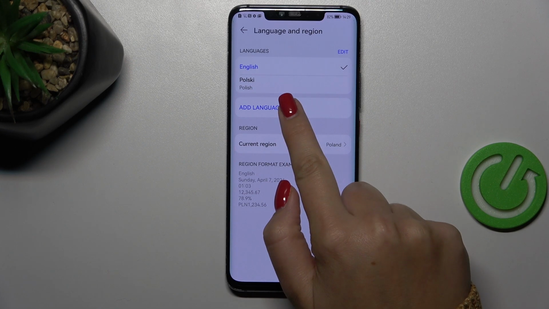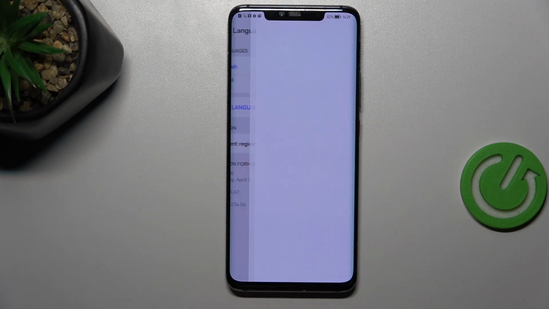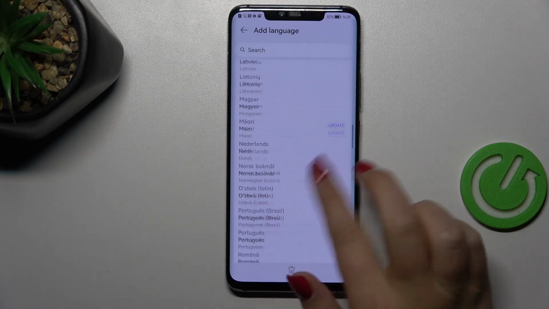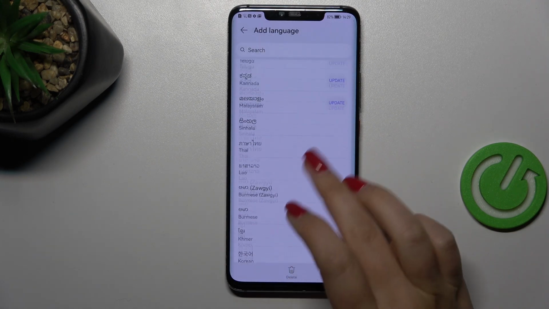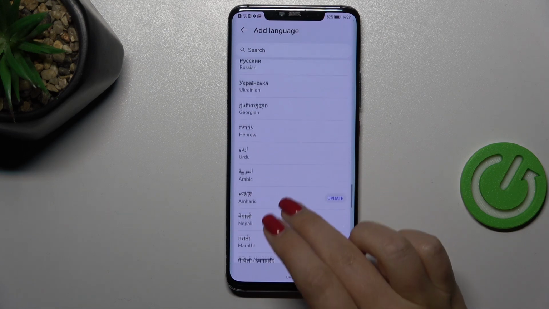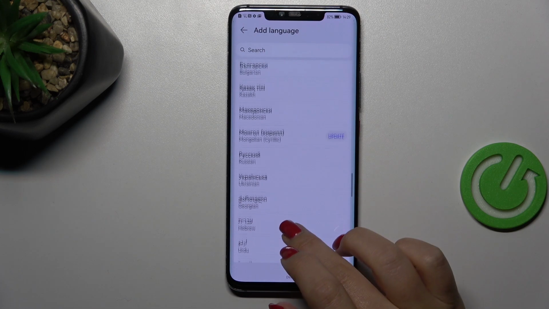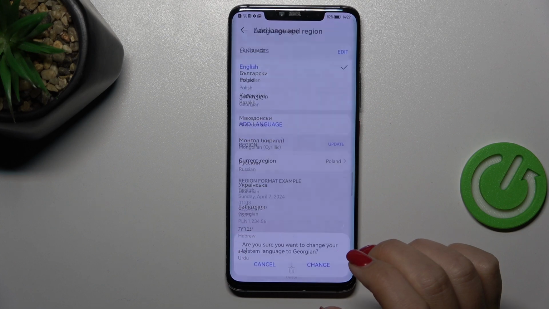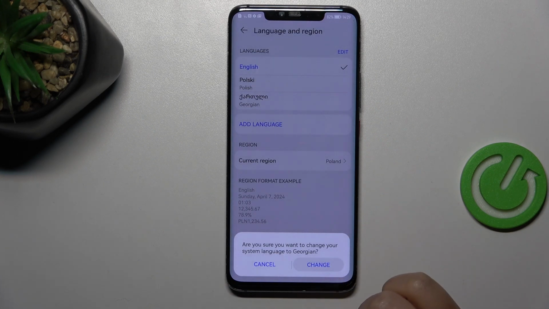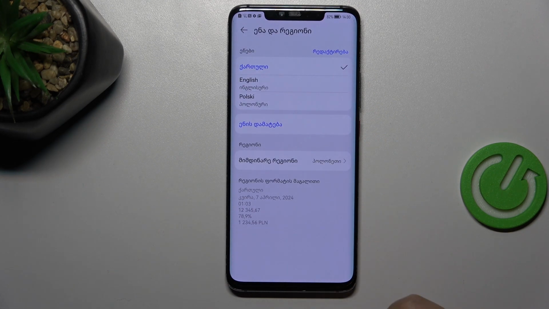So let's tap add new one. Tap on add language to add new one. And here we've been transferred to the full list of available languages from which we can choose. So all you have to do is to find yours and tap on it. Let me choose maybe this one. Let's tap on change to confirm, and as you can see, from now on the whole system will be displayed